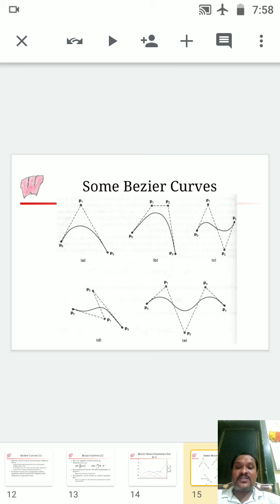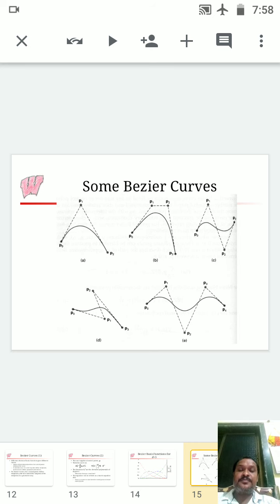Whereas in diagram D, we have initially drawn the point P0. In the P0 section we have drawn the tangent line, and in the P2 point also we have drawn the tangent line. So in both the conditions we have added one more control point, that is P1 and P2. So in total we have P0, P1, P2 and P3. This is the next example of drawing the control points, or of showing the control points.